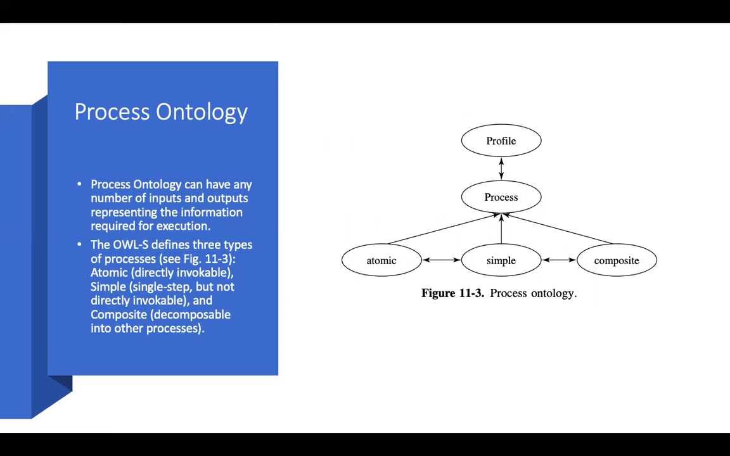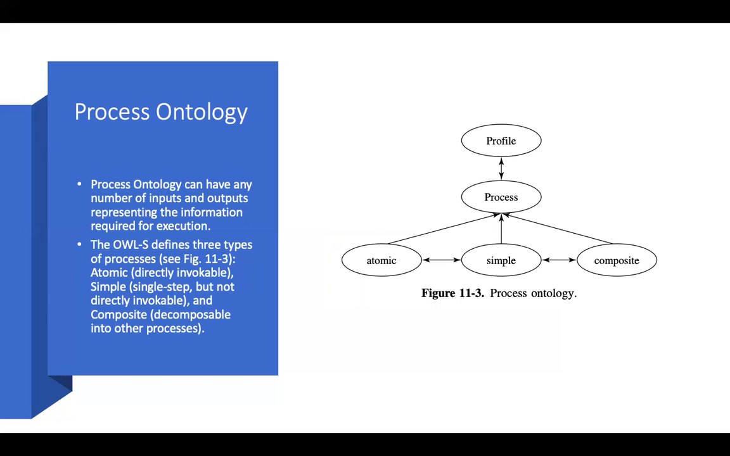Next, the process ontology. A process ontology can have any number of inputs and outputs representing the information required for execution. Besides inputs and outputs, parameters for physical devices such as rates, forces, and control settings can be included. The process ontology serves as the basis for specifying a wide array of services on standardization. OWL-S